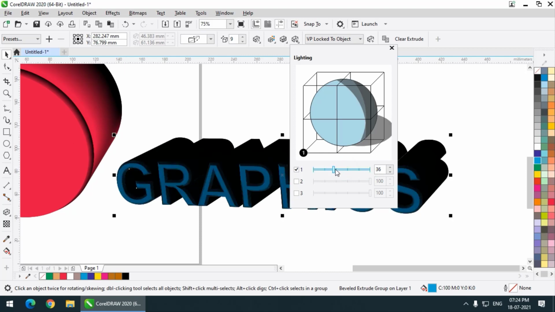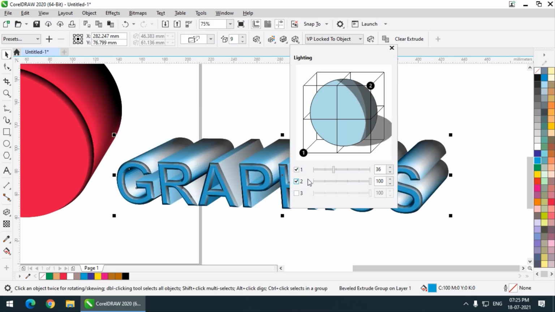But as we have now activated the light option, the area which is farther from the light is looking much darker now because the light is over here. That's why the area at a distance from the light will look darker. If you want to place another light, you can place 3 lights.